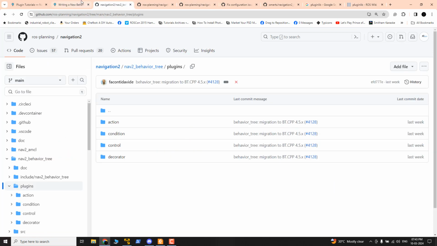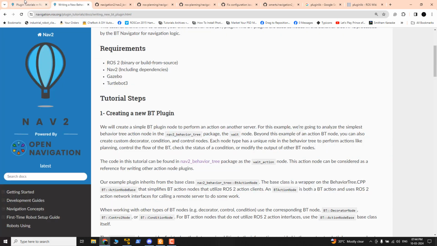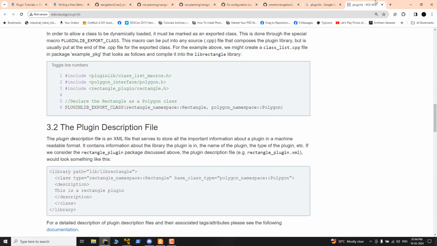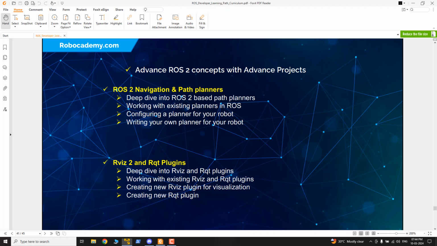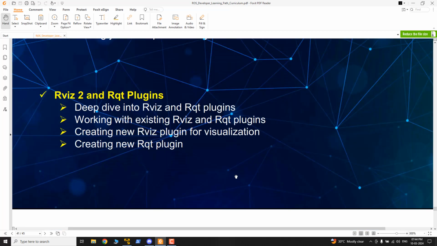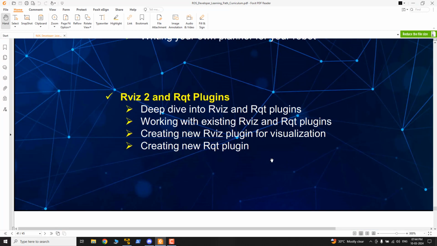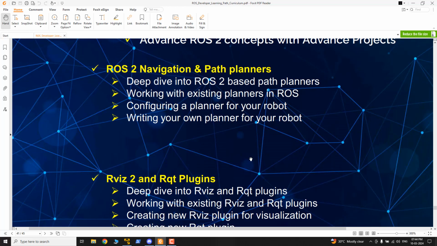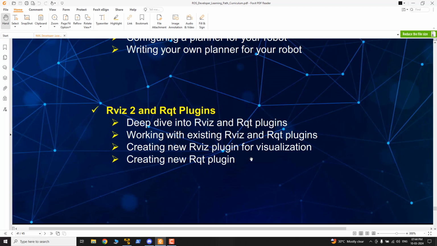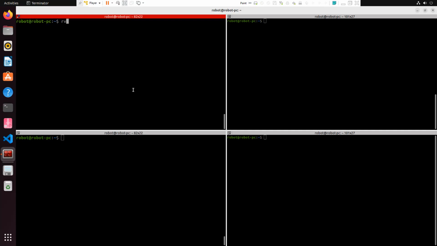So what we are going to do is jump to the next set of plugins, because it will be easy to understand the plugins, as almost all the plugins share a common template, so that's why it is easy to discuss. We have just gone through some important plugin development in the navigation stack 2. Now we have a set of plugins that we can do with RViz and RQT. Okay, RViz and RQT. So if you just take RViz 2,